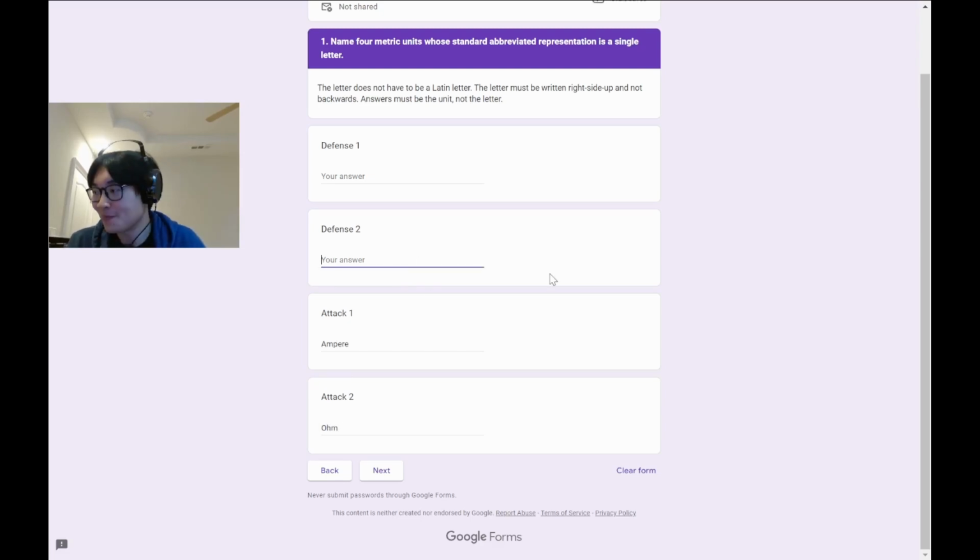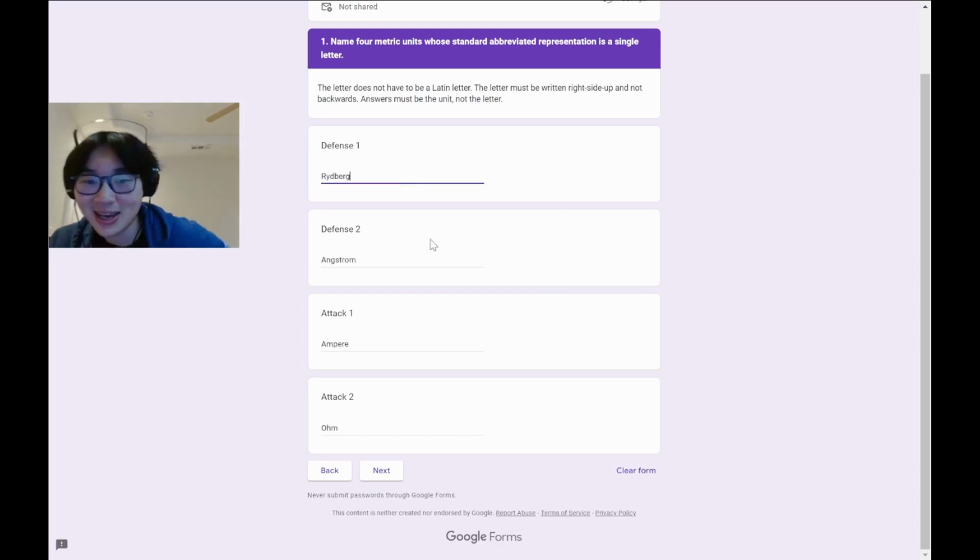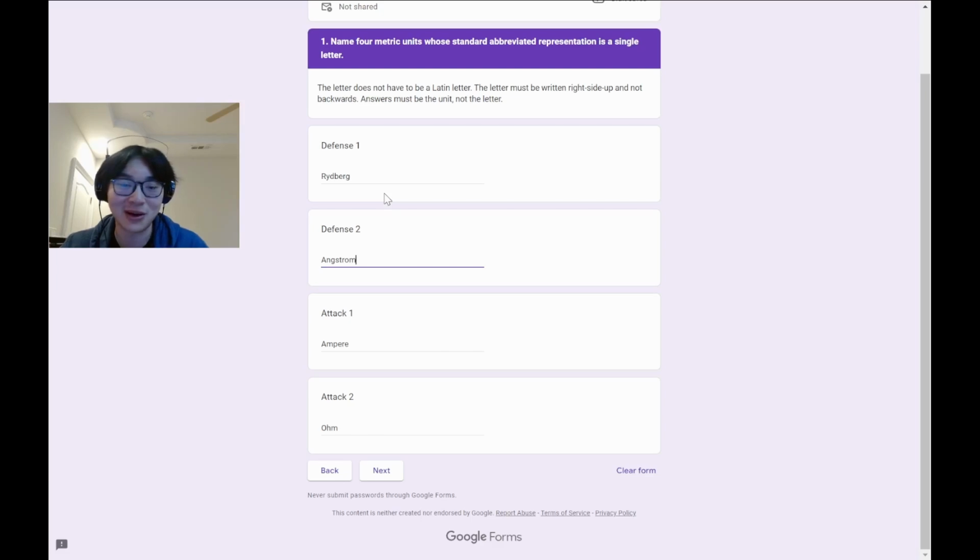Okay, we're getting there. We're remembering how science works. What else is represented by a letter? I feel like, I don't know. I'm trying to pluck out buzzwords that I've heard from Science Quiz Bowl. I'm liking angstrom and Rydberg. Angstrom is like a tiny unit of length that might be metric, might not be metric, who knows. Rydberg, I can't remember what Rydberg's measure. Is it radiation or something? That's not even a metric unit, is it? Well, if I get this wrong, I'm going to chalk it up to not understanding what metric units are and then move on with the next one.